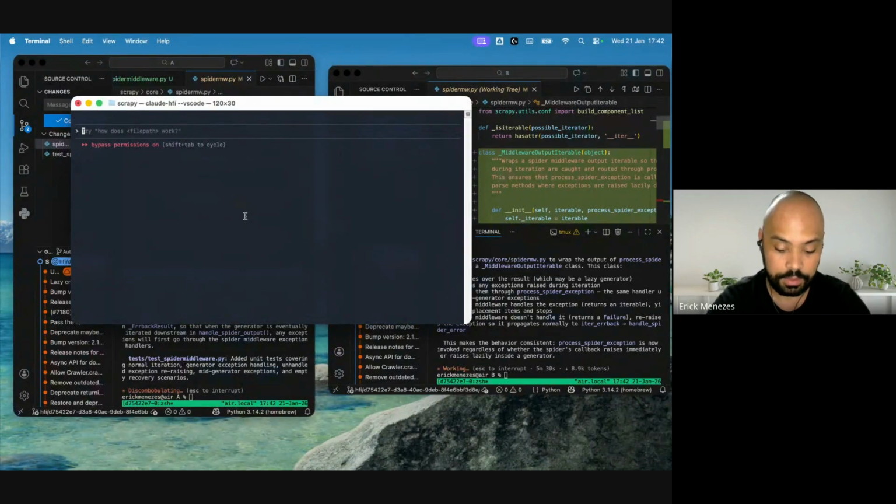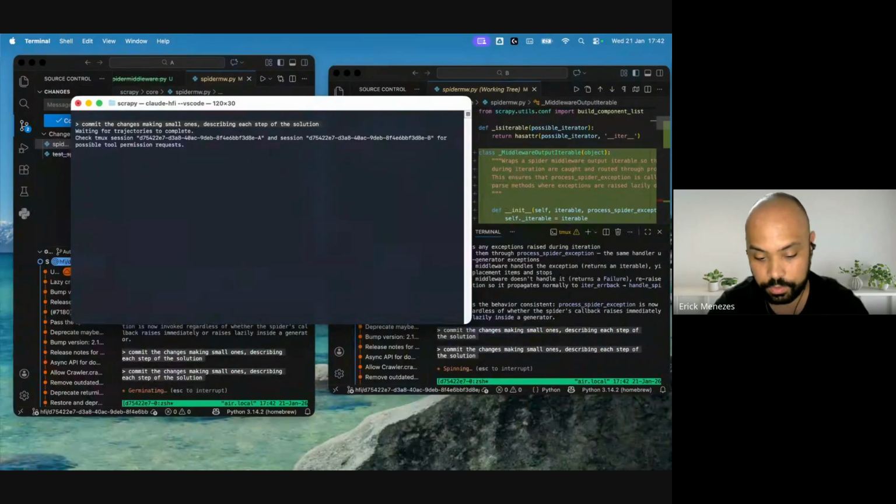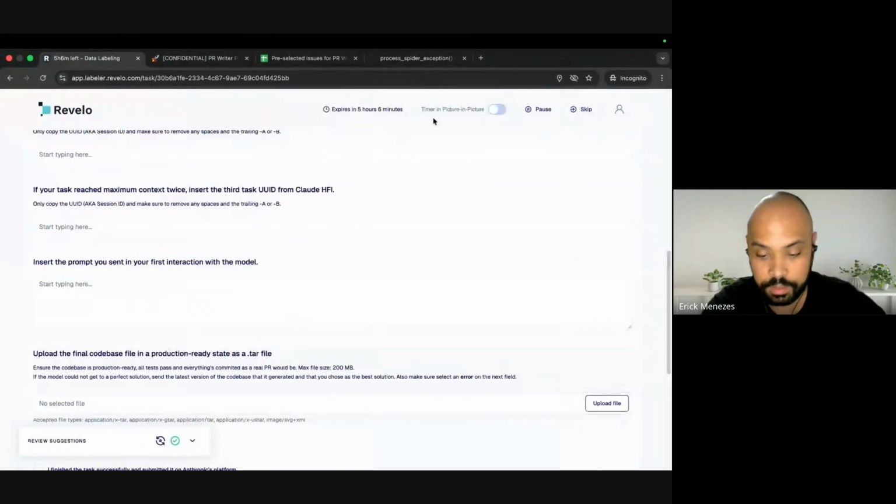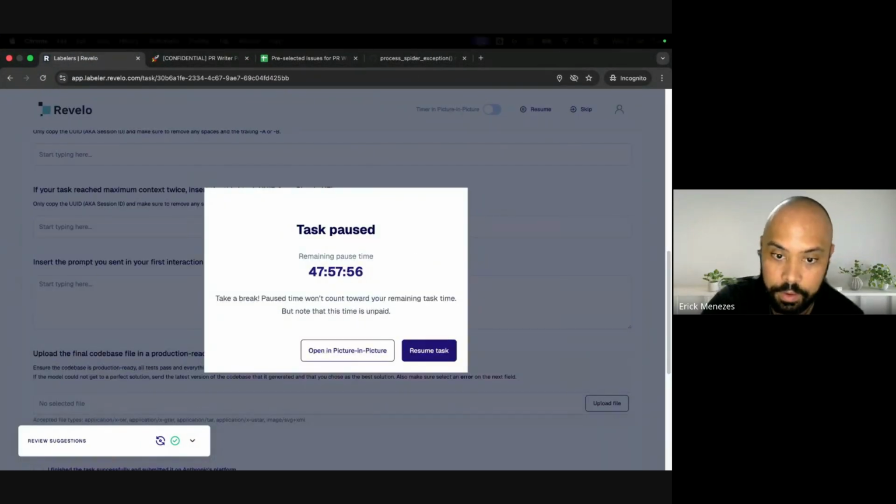So hey, commit the changes, making small ones, describing each step of the solution. This is an example. They will start everything again, and once the model is thinking, come here and pause the task. Okay.